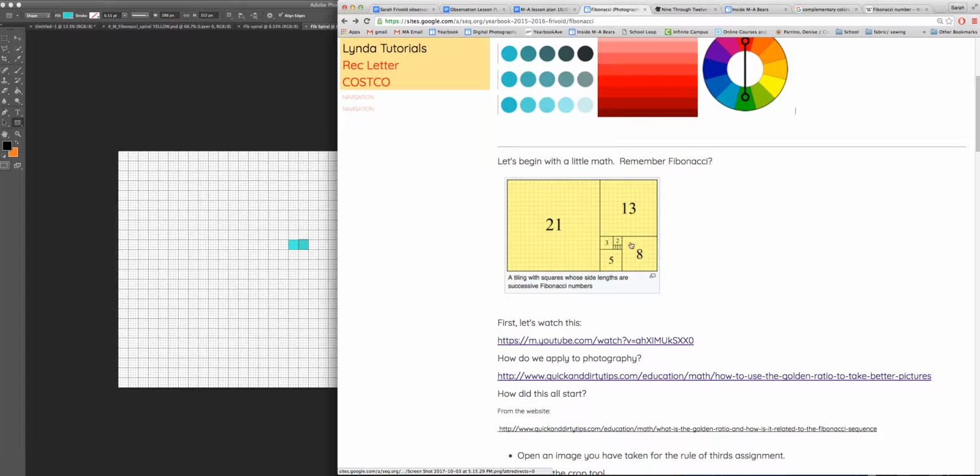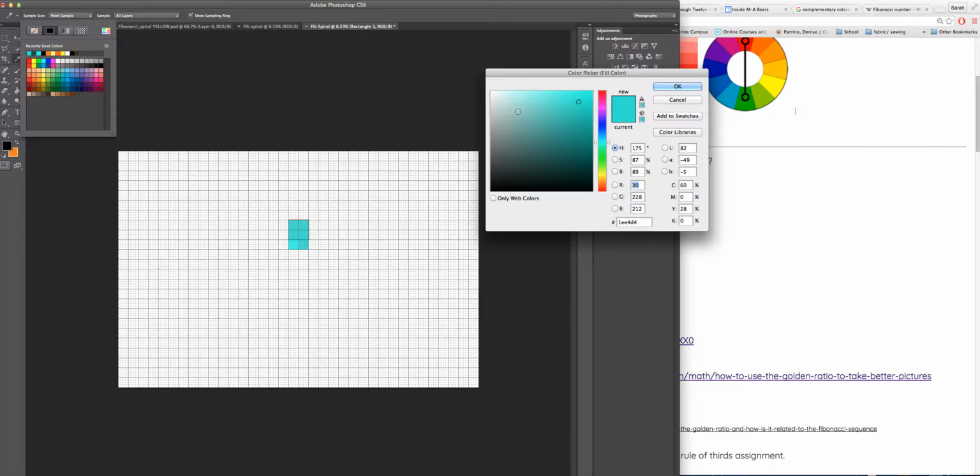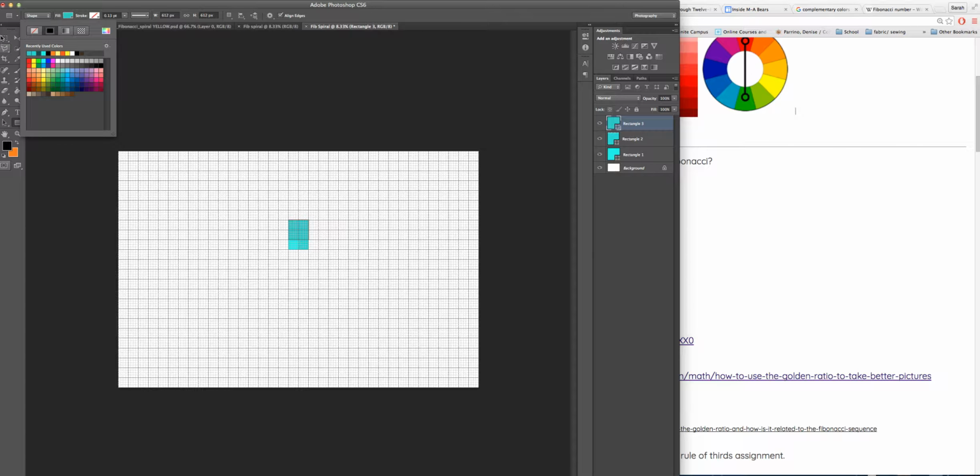Again, if you're getting confused, you can refer back to, I'm going 2 by 2 now. So I'm counting 1, 2, 1, 2. So I'm going to go ahead and click and drag to make my 2 by 2 right here. Again, it's that same color, and I know I want a different fill color. So I'm going here, and I'm just going to slowly move down to make the very smooth gradation, very smooth